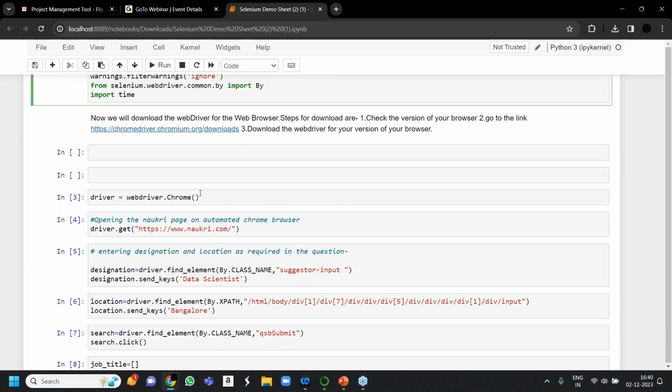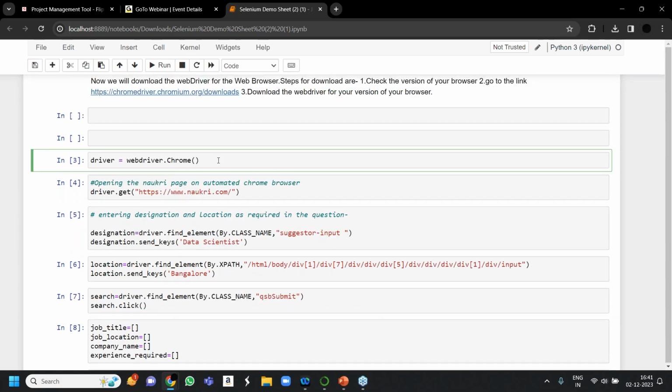Yes, you can replace it with Edge, but I would suggest you to use the Chrome browser only. Chrome works perfectly with Selenium. It's very smooth. On Edge, you may get many ads, so you might get irritated. Okay, so it's better if you use the Chrome browser.